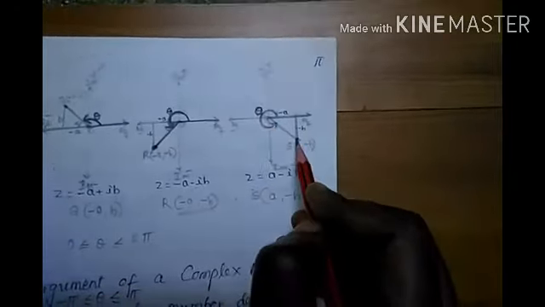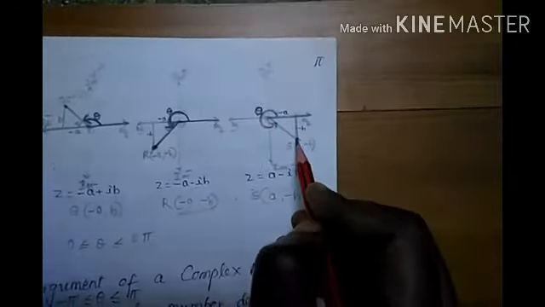So theta may have many values, but in the case of the argument of a complex number, we are interested in finding one value for each quadrant. That means a unique value for each quadrant. So we will try to get a unique answer for the argument. We are going to introduce the principal argument of a complex number.